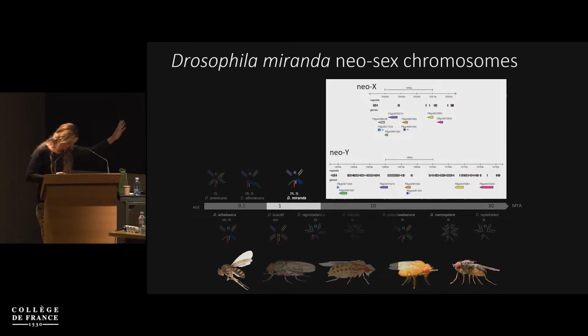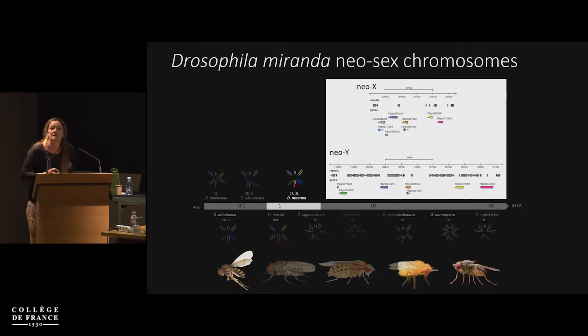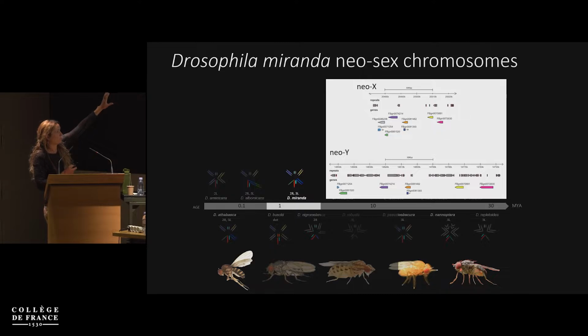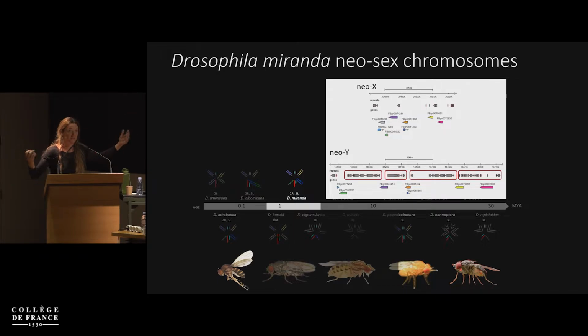And so one of my favorite species over the last few decades has been Drosophila miranda, where a neo-sex chromosome formed about 1 million years ago, or 1.5 million years. In this species, this just shows you a snapshot of the neo-X and the neo-Y chromosomes. Genes are color-coded. So we still have almost all of the ancestral genes remaining on the neo-Y chromosome. But those genes on the neo-Y are actually being embedded by large chunks of repetitive DNA. So in this particular case, the neo-Y chromosome is actually 4 times as large as the neo-X chromosome. It has a similar number of genes. It actually has slightly more, but it has huge levels of